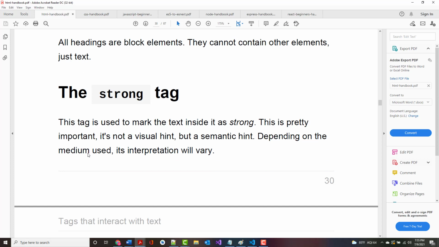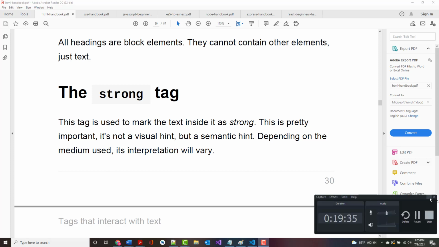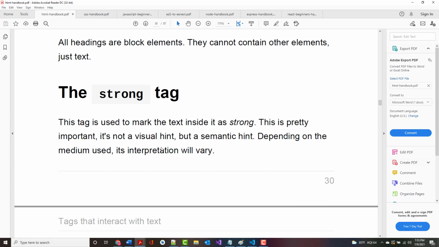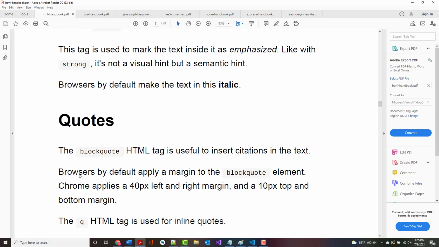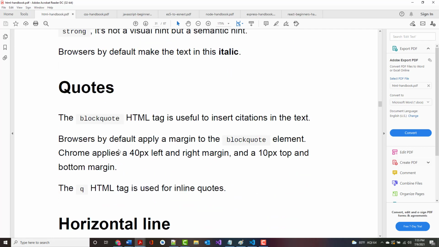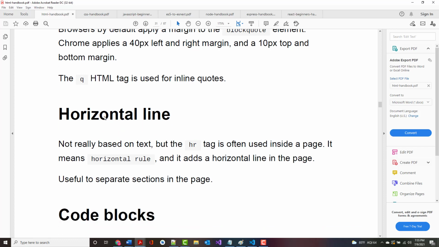Strong, I've already shown you. It used to be people used the B tag, B for bold. All right, today the recommendation is rather than B for bold, you use strong because it's better for browsers, for people who have or possibly have impairments, and for accessibility reasons, it's better to use the strong tag. The EM tag has replaced the I tag. Normally what it does then is it italicizes, but it's again for accessibility. Quotes, you can use the blockquote tag. I'm not even going to go over that. HR,